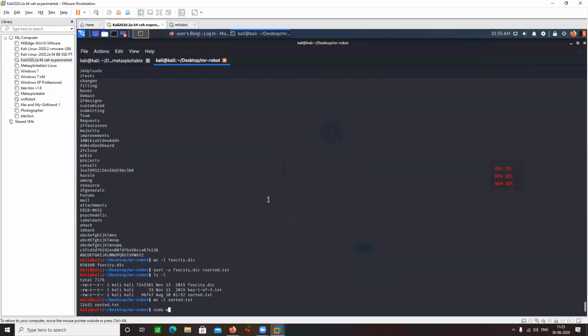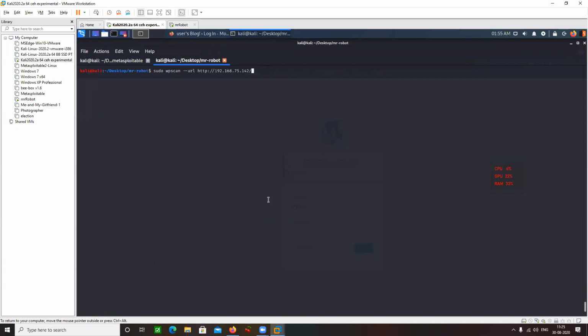sudo wpscan. You can do -h for opening the help menu and look into the desired flags. I'm not going to open the help menu. I'm going to use --url for mentioning the URL. The URL is here. Capital U for username, Elliot, capital P for password.